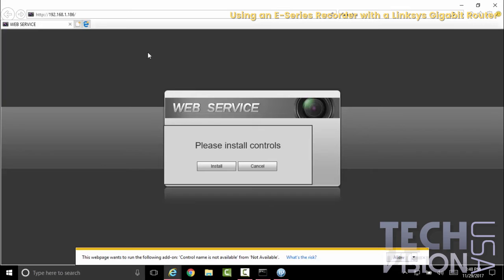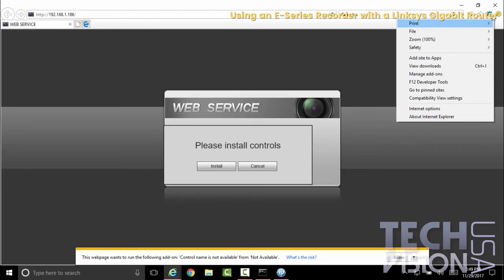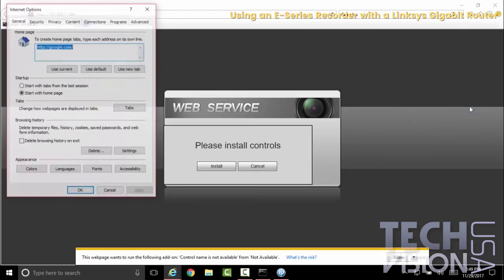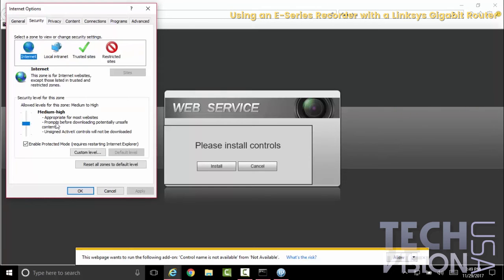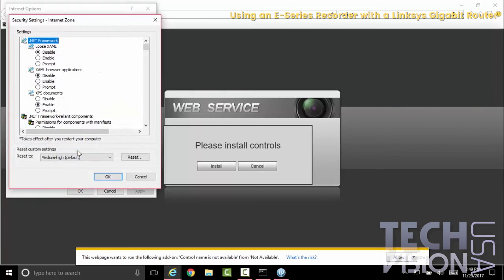On a Mac you will need to use Safari. And in this case, this laptop is already set to accept the plugin, so I'm going to go ahead and show you. At the top right corner, you want to have Internet Options, and you want to go into Security, Custom Level,